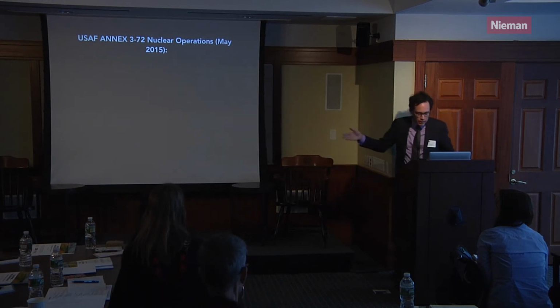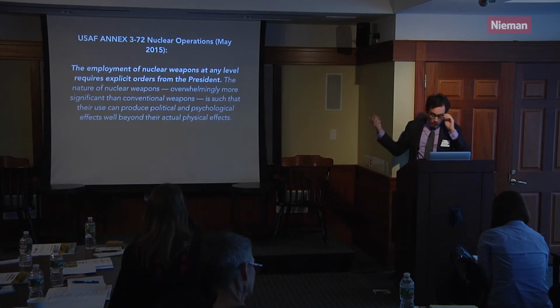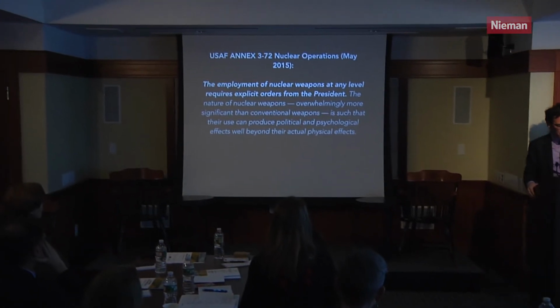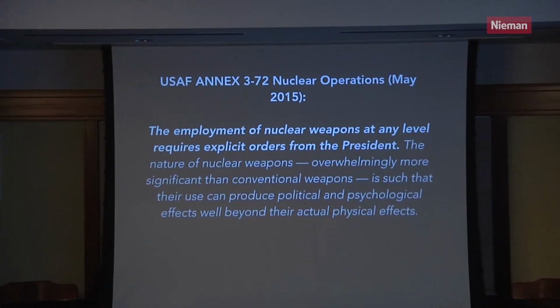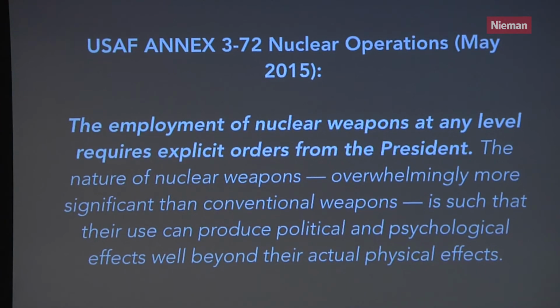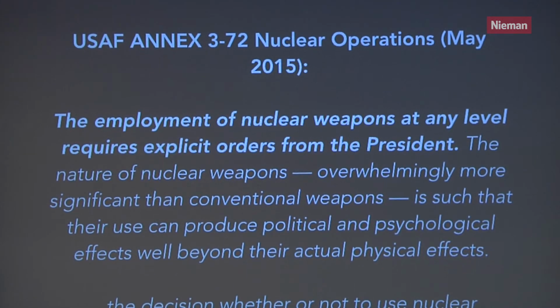So anyway, here's a nice passage from this Air Force doctrine. The emphasis is in the original, the boldness. "The employment of nuclear weapons at any level requires explicit orders from the president. The nature of nuclear weapons, overwhelmingly more significant than conventional weapons, is such that their use can produce political and psychological effects well beyond their actual physical effects." True. And then: "The decision whether or not to use nuclear weapons will always be a political decision and